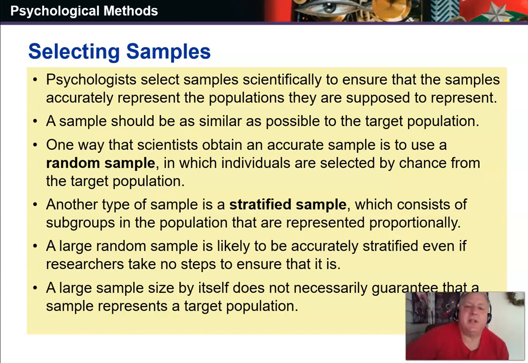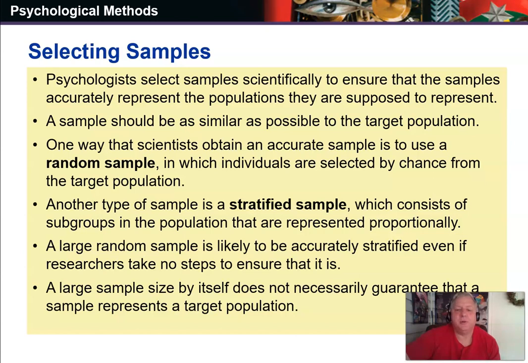Psychologists select samples scientifically to ensure the samples accurately represent the populations they are supposed to represent. A sample would be as similar as possible to the target population. One way to obtain an accurate sample is to use a random sample, in which individuals are selected by chance from the target population. Another type of sample is a stratified sample, which consists of subgroups in the population that